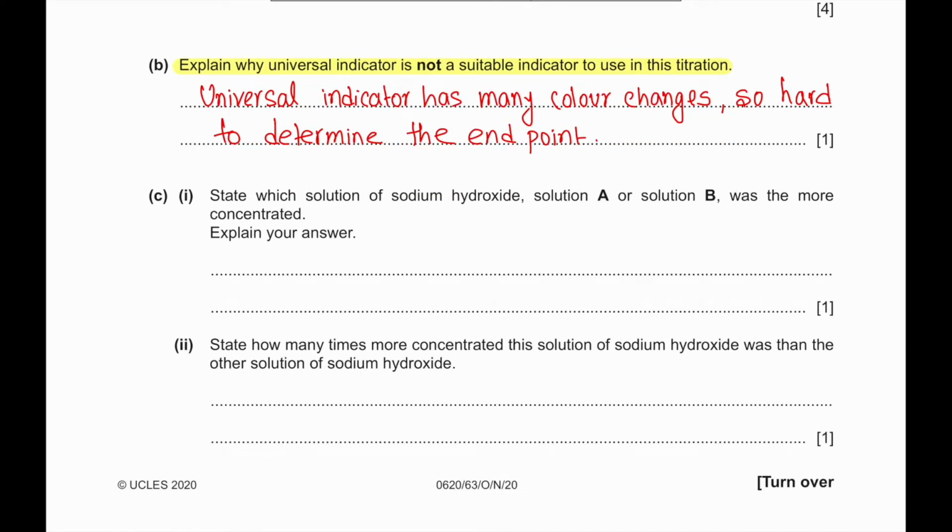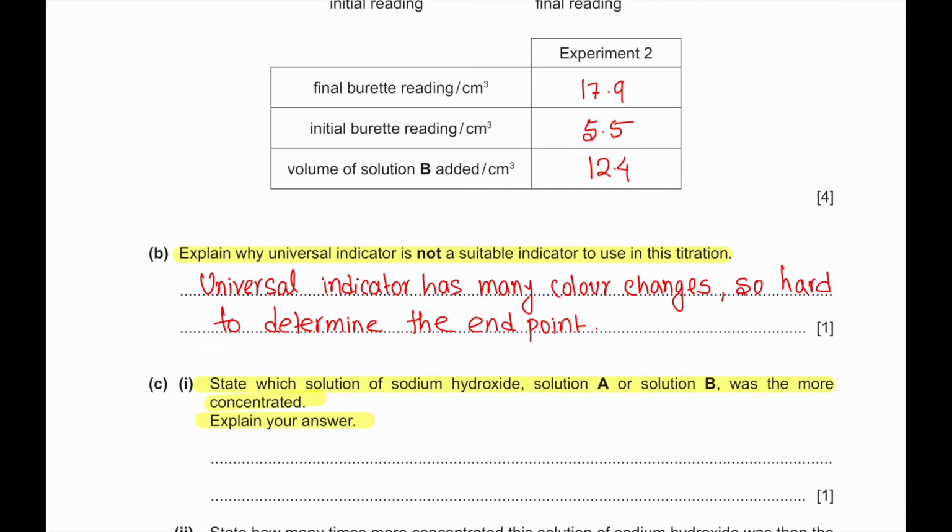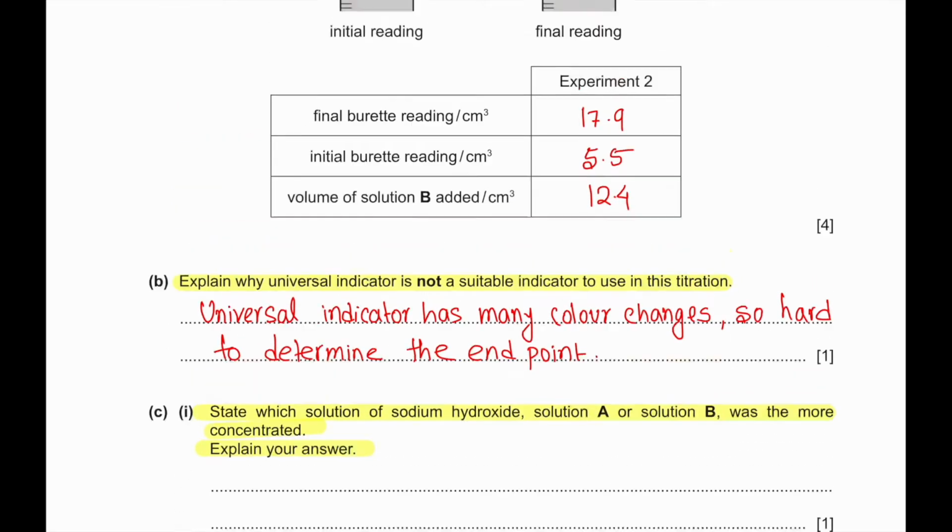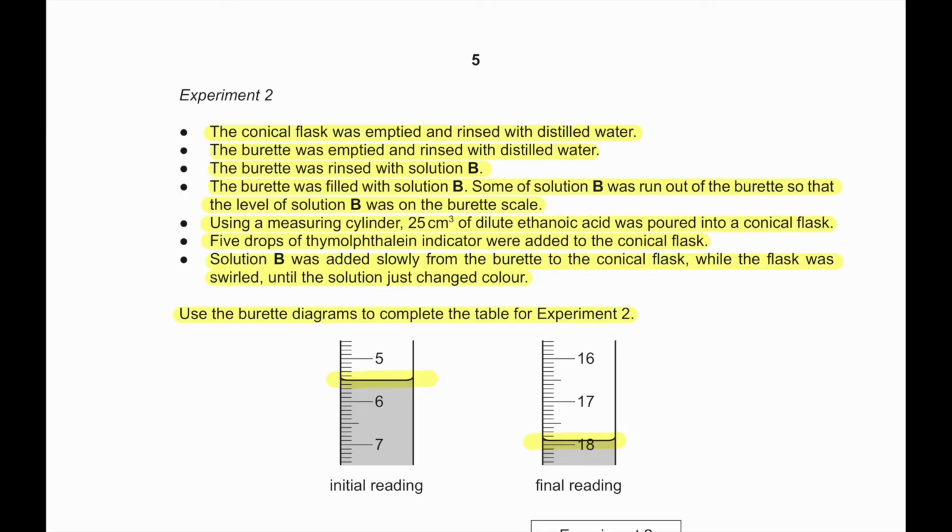Part C1. State which solution of sodium hydroxide, solution A or solution B, was the more concentrated. Explain your answer. So, in every case, we are using the same volume of ethanoic acid, which is 25 cm³ of dilute ethanoic acid,